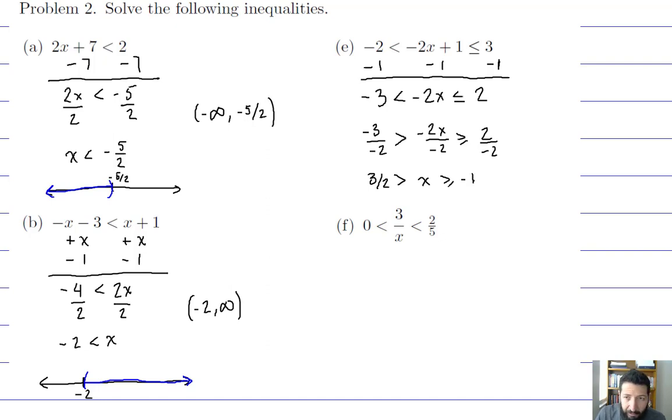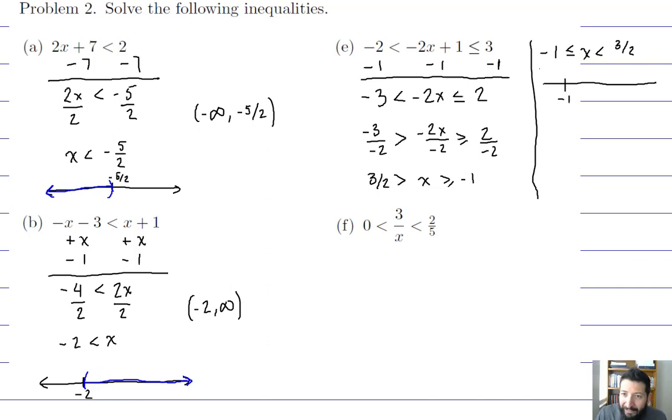Now, that looks ugly because we normally don't read inequalities from right to left, if you will. Our intervals don't go from right to left, but if you rewrite it, let me continue here to the side, you will see that it will look a lot nicer. So less or equal than x, less than positive 3 halves rather. Otherwise, it would not make sense. So then you see now it does make sense. You go from negative 1. I didn't change the inequality, by the way, from here to here. I did not. I just rewrote it in the opposite order, but the inequality signs are in the same direction as they were before,